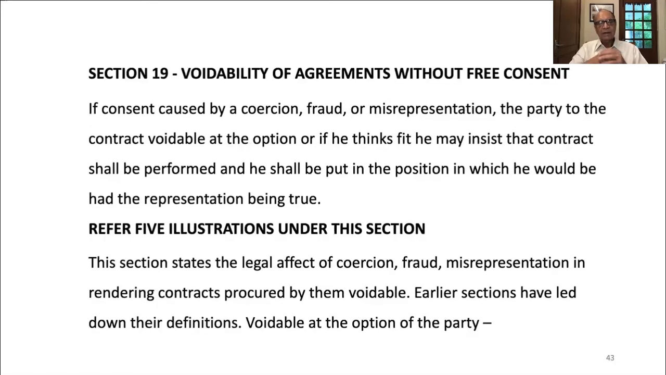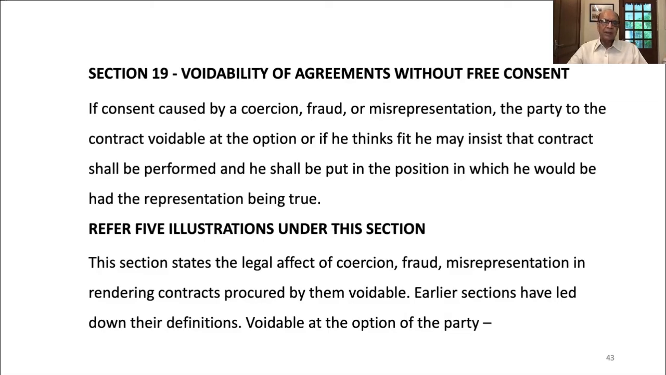Now, what is the effect of agreements where there is no free consent? We are now coming back to the spirit of Section 10. There should be free consent, but we did not say what is the effect if the consent is caused by extraneous elements. A person may give his consent, but there may be coercion behind it. It may be based on fraud, or it may be based on misrepresentation. Then